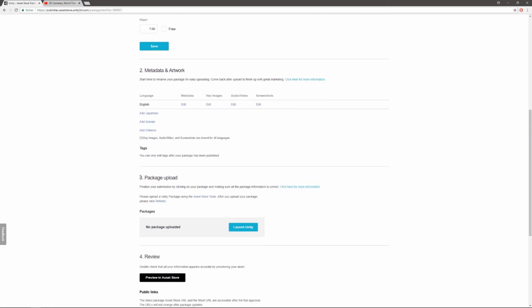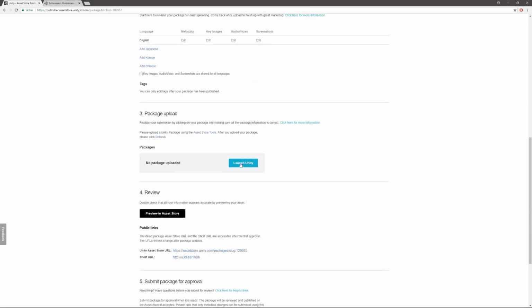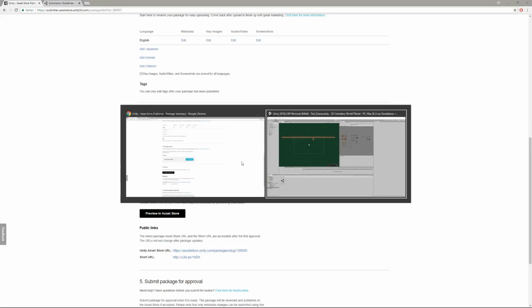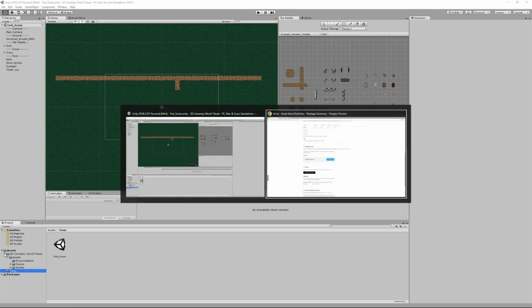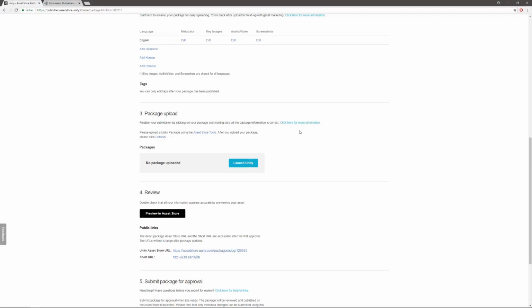The next step is package upload. We launch Unity. Here we check 3 important things that must be present in your package. Your files should be the same as in the submission guidelines.